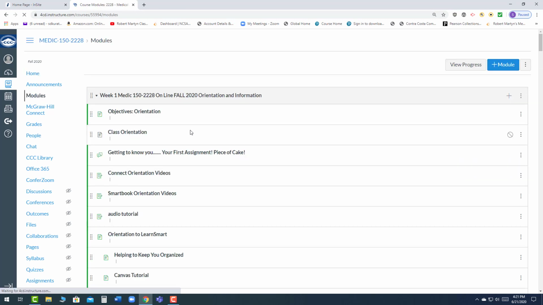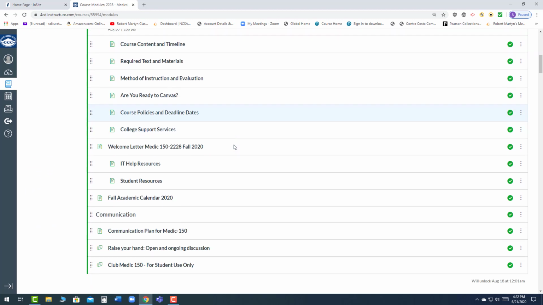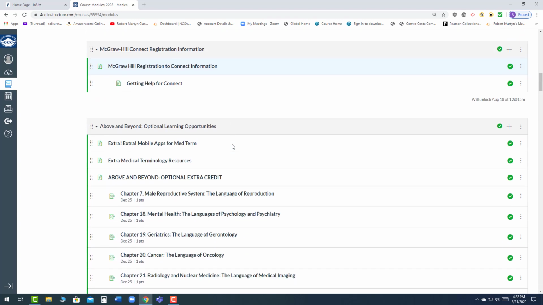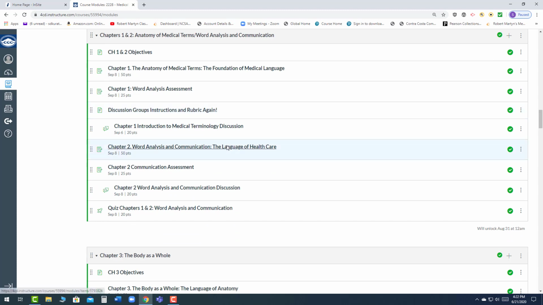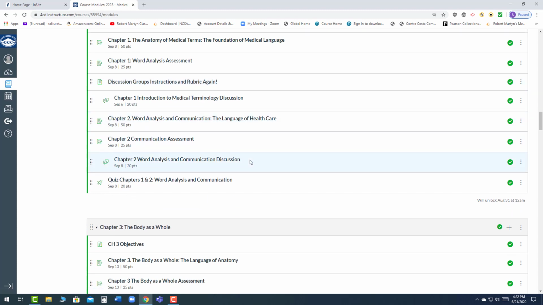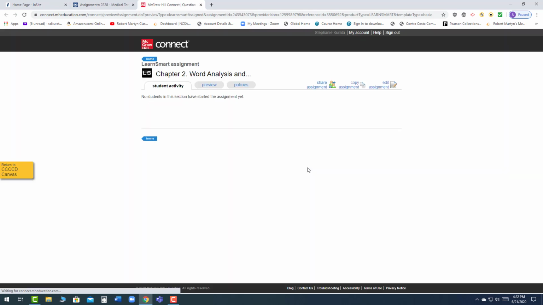So going back into the modules, that icon right here, I do not want you to use. In order to access everything within the McGraw-Hill texts, I want you to actually click on the assignments. So when you click on that, it will take you directly into the McGraw-Hill site, and it will show you